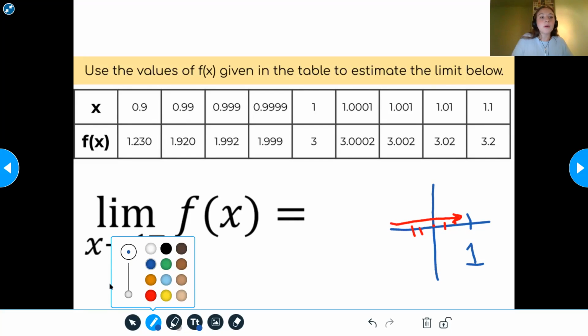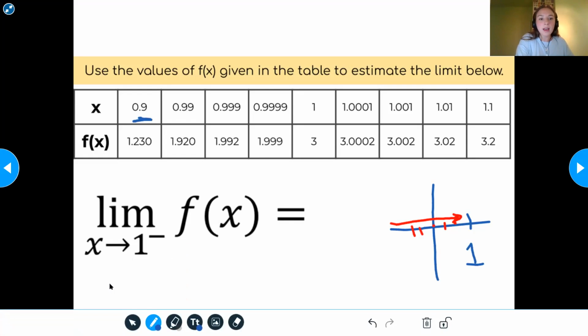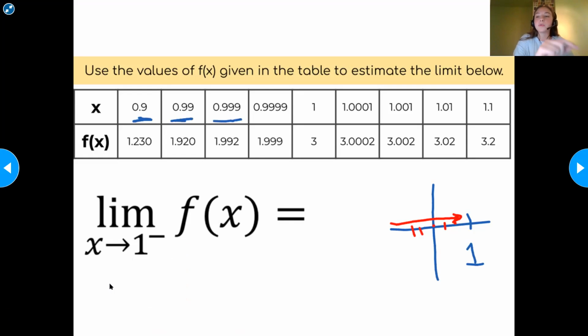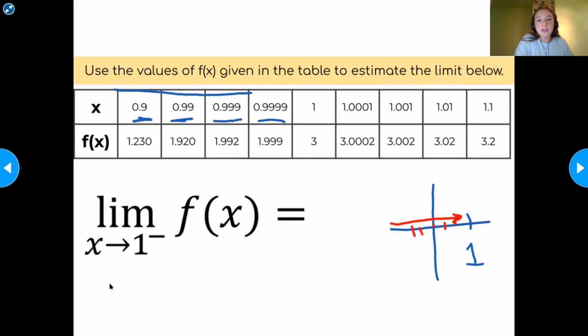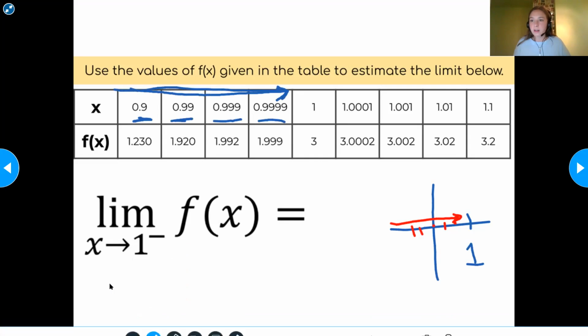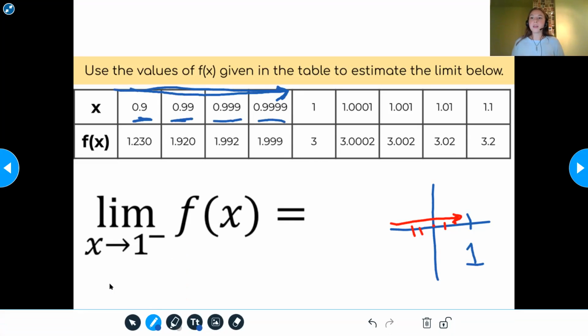So looking at our table, you can see that our x values actually start out less than 1 with 0.9, onto 0.99, onto 0.999, onto 0.9999. So this means we're looking at these x values that are less than 1, getting closer to 1, to solve for our limit. Now, the question that we ask ourselves with tabular limits is the same question we ask ourselves with graphical limits. As our x values are getting closer and closer to 1, what are our y values getting